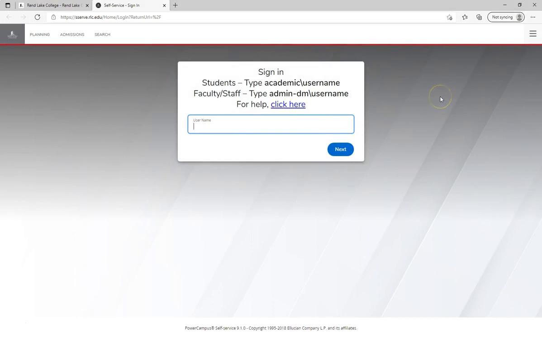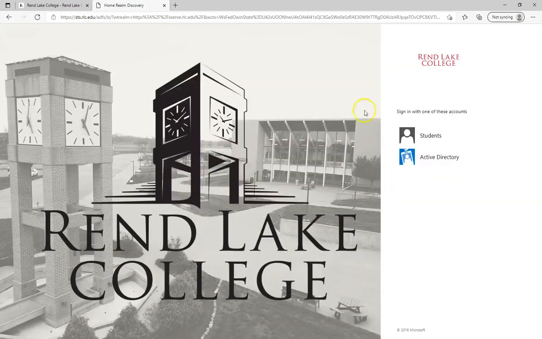So for faculty and staff, you're going to type in admin-DM followed by a reverse slash, not a forward slash, and then your username, last name, first initial, be the same as your Office login or Outlook. Just leave off the @rlc.edu at the end and click on Next. Now on this screen, you're going to click on Active Directory, and